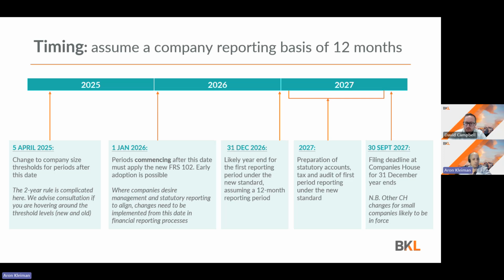What we would say, whilst 2027 may seem quite a while off, for companies that want their management reporting month to month or their quarterly reporting to be in line with what they will ultimately statutorily report for 2026 in 2027, now is the time that we need to start thinking about these changes so that you don't have a big shift when you come to report your statutory financial statements from what you've been reporting all along to those stakeholders as part of management reporting. So that outlines the timeline there.